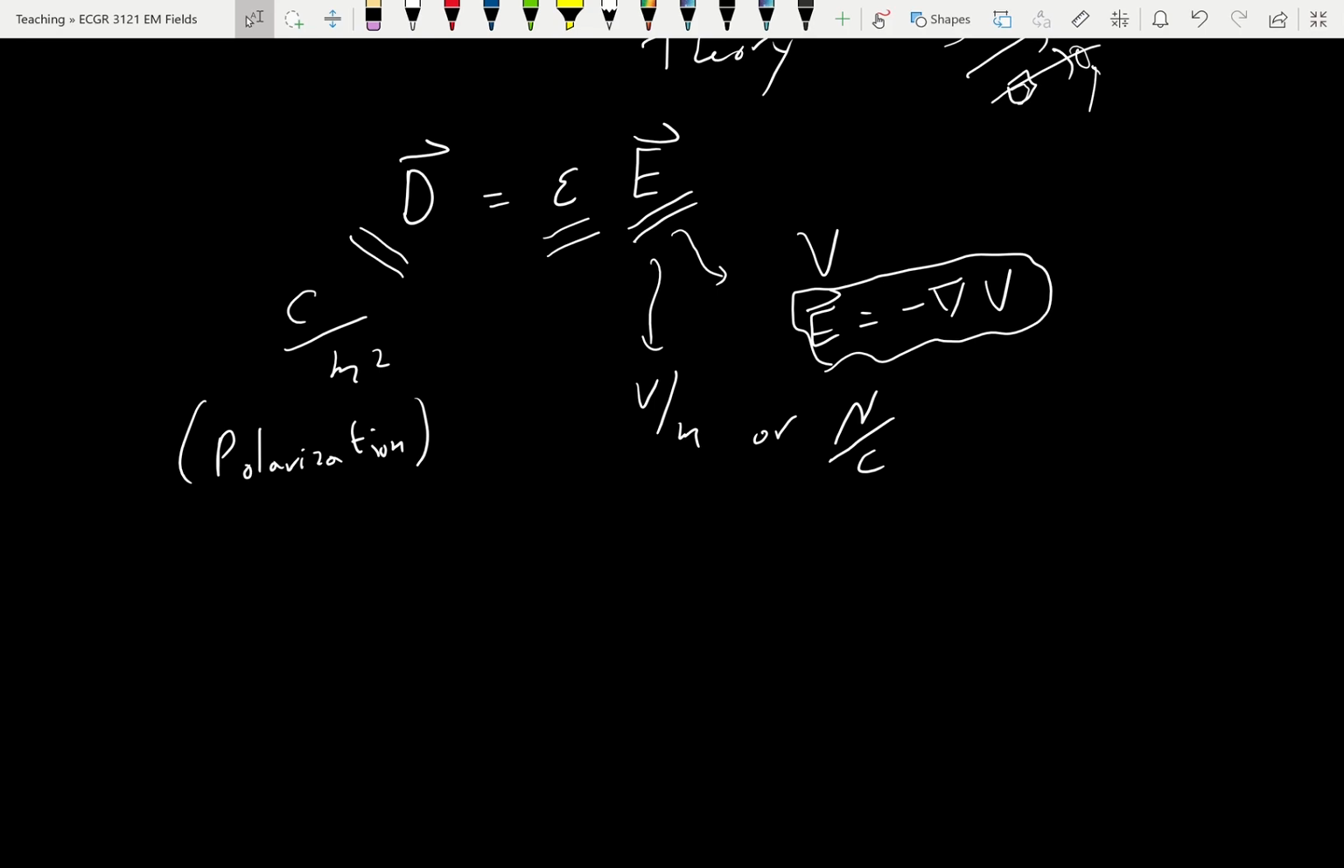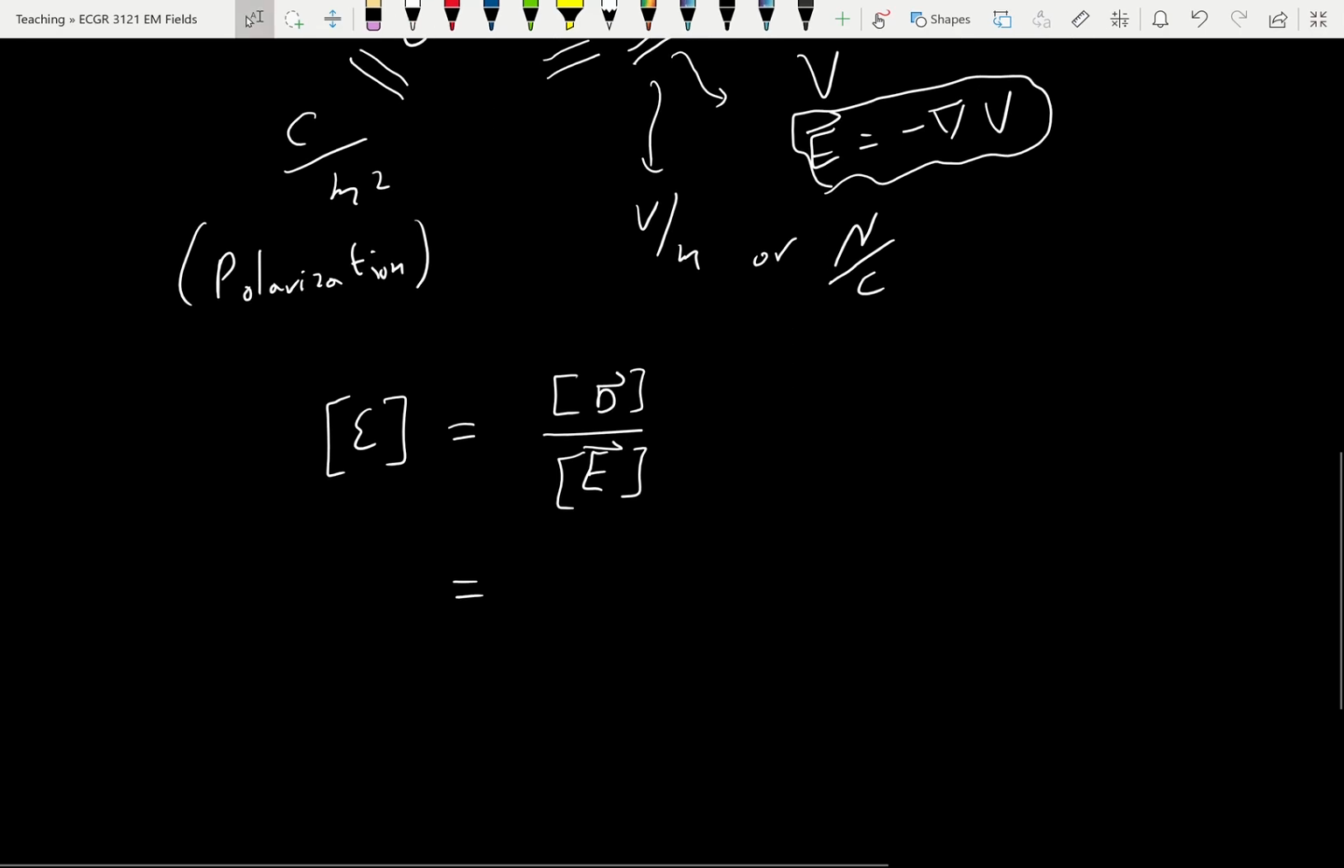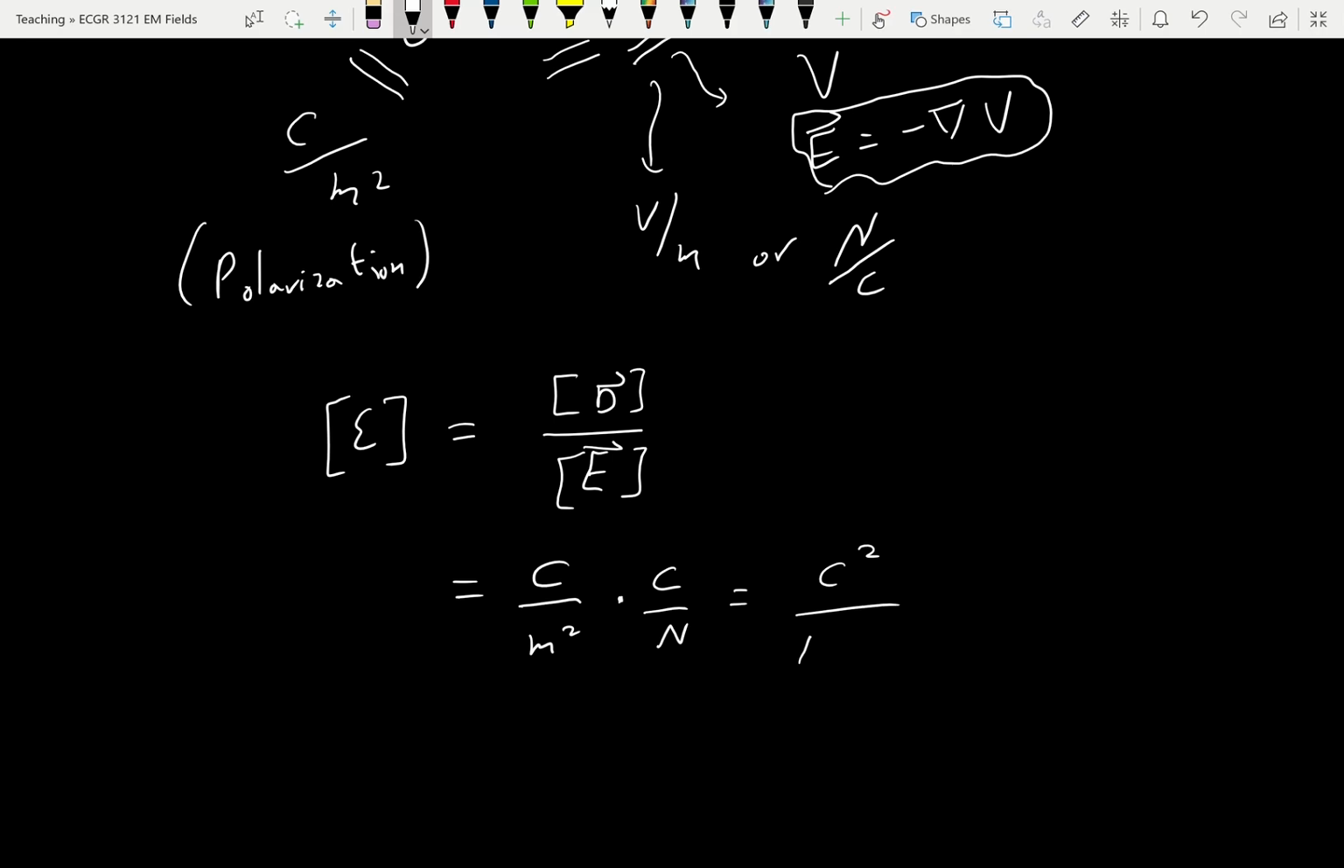So we could explore the units of E, and we did that in the past, right? We said the units of E are the units of D divided by the units of E, naturally. The units of D are Coulomb per meter squared, and the units of E, I could say, are Newton per Coulomb, so that gives me Coulomb over Newton, that gives me Coulomb squared over Newton dot meter